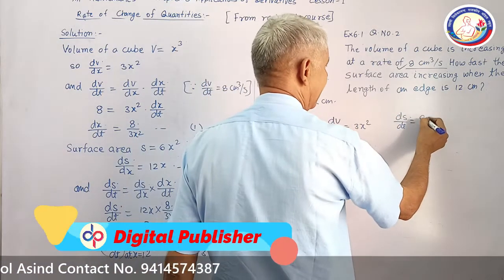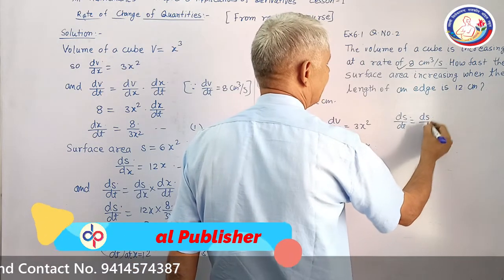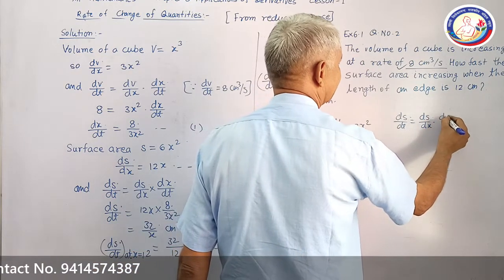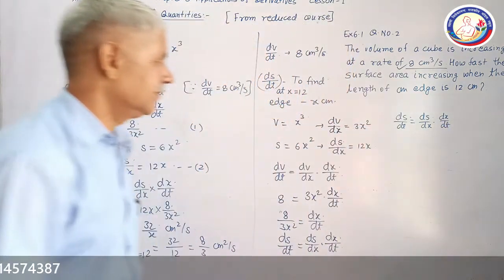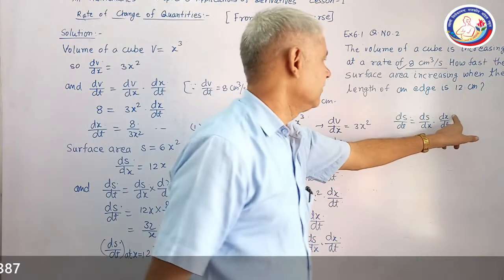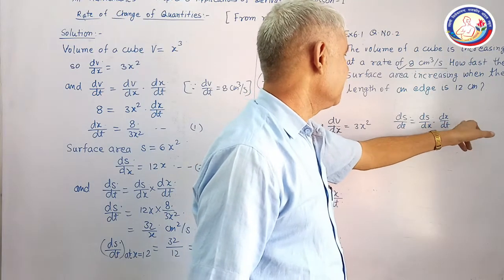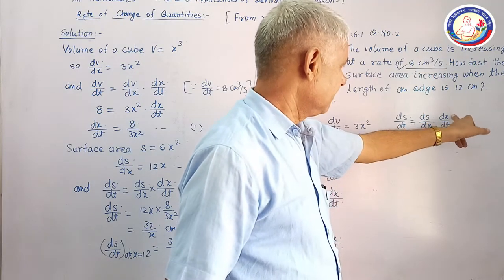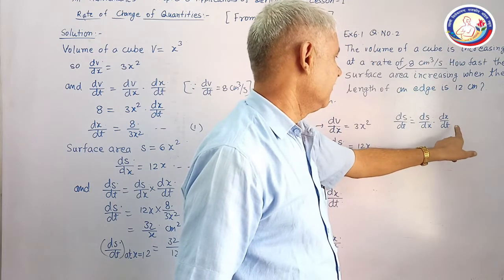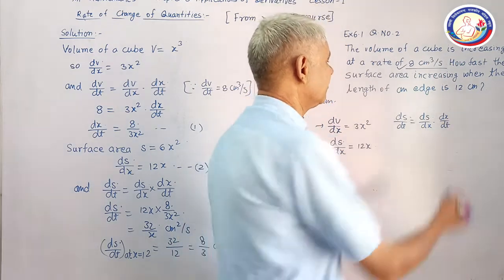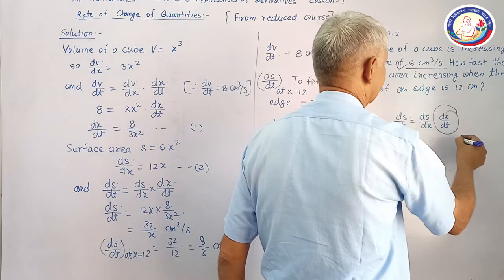By chain rule, s is expressed in form of x, so ds by dx and dx by dt. Change in length of edge with respect to time is not given, so we have to first of all find this, and